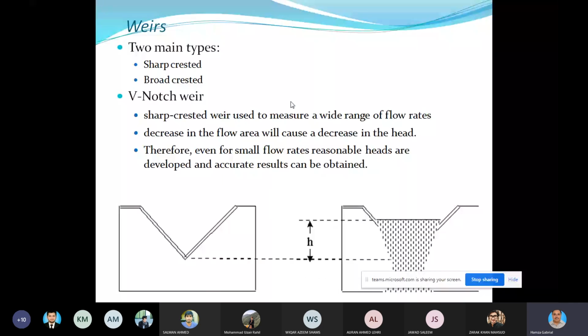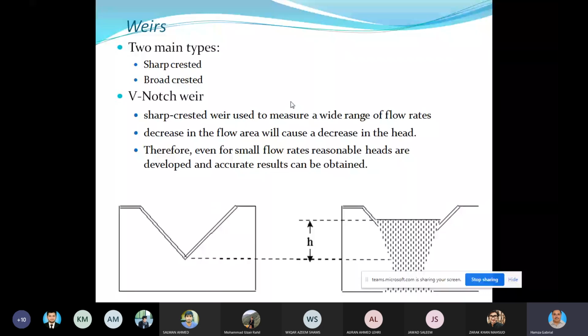So weirs, there are two main types, the sharp crested weir and the broad crested weir. From the name it is clear, a weir which has a sharp crest is known as the sharp crested, and where the crest is broader is known as the broad crested weir. So V notch is actually a sharp crested weir which can measure the discharge if it fluctuates